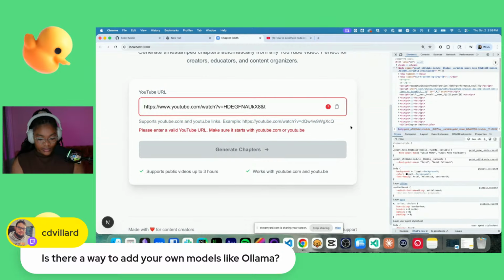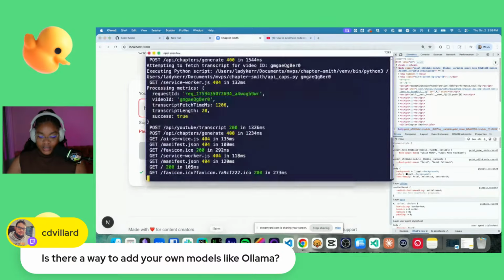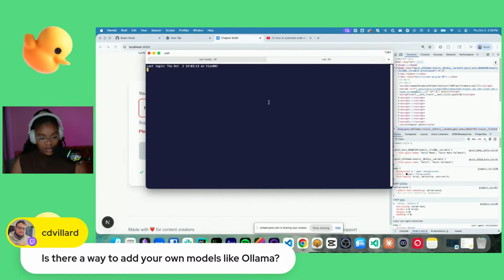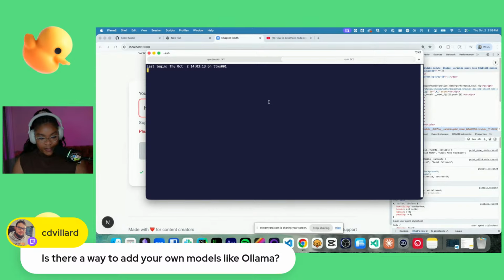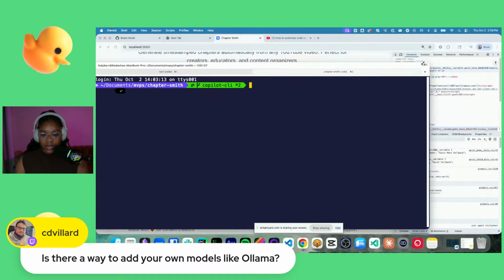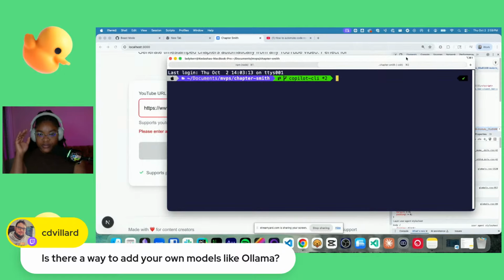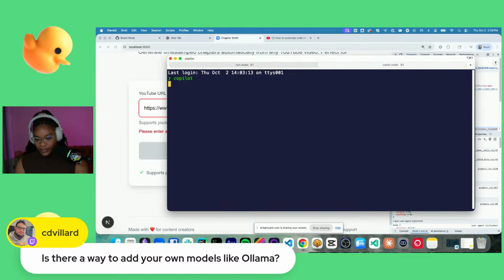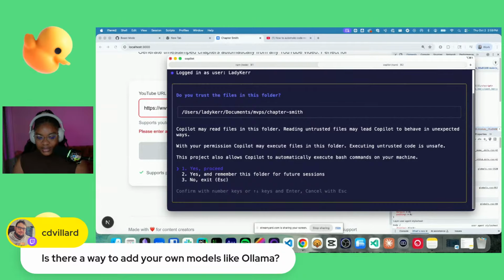All right. So here's what we're going to do. I'm going to start a new one here. Essentially, this app allows content creators to generate chapters for their videos pretty quickly using AI. So I'm going to start Copilot and let's see if we can debug this issue.